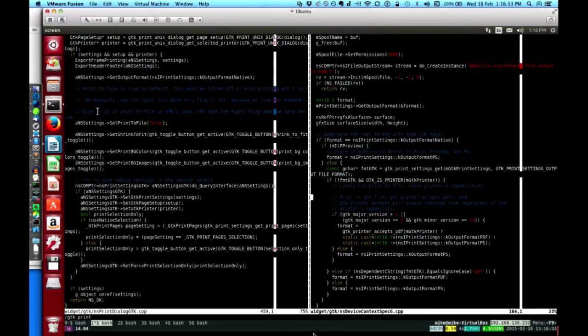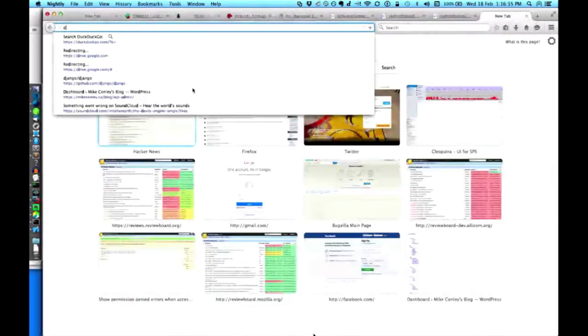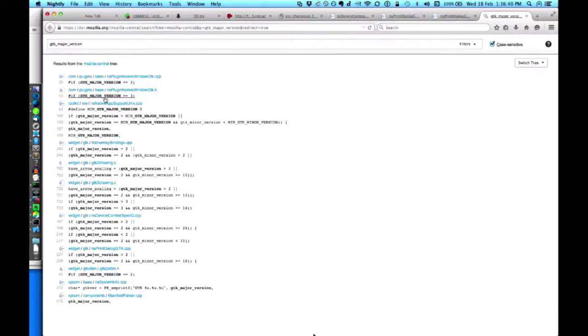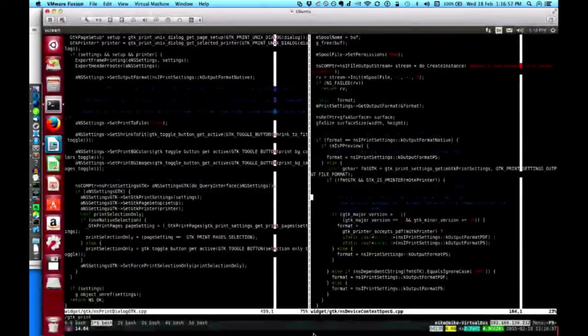I hope it's available in my scope. I'm curious to know if major version is used elsewhere in the code base. There's this big define here. Maybe I should use that instead. No, it seems to be okay. I can probably use it without too much fuss. Maybe I have to. Well, let's just see what happens.